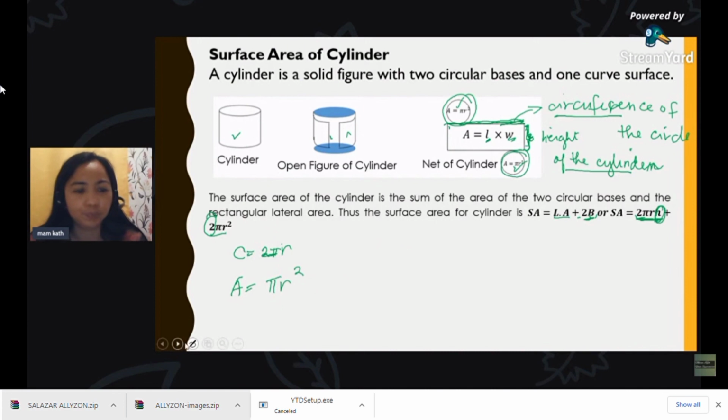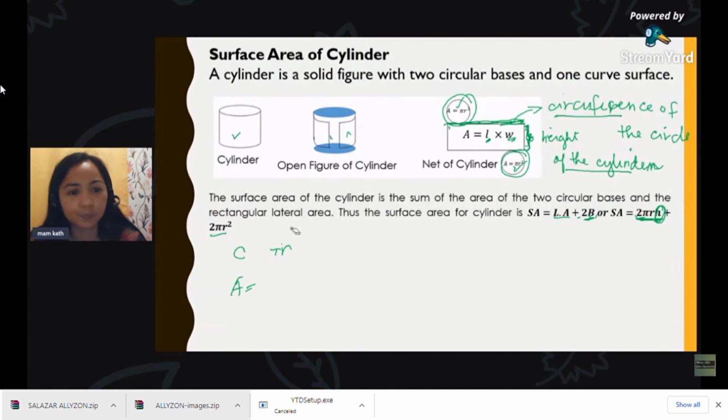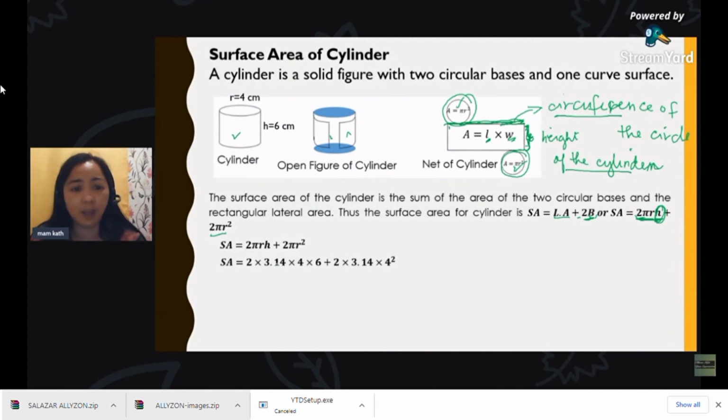Now, let's have an example. What if the radius of this cylinder is 4 centimeters and height is 6 centimeters? By using the formula 2 pi r height plus 2 pi r squared, so we substitute, let's say that pi is equal to 3.14. So we have 2, hindi mababago, pi is 3.14, r is 4, and height is 6,